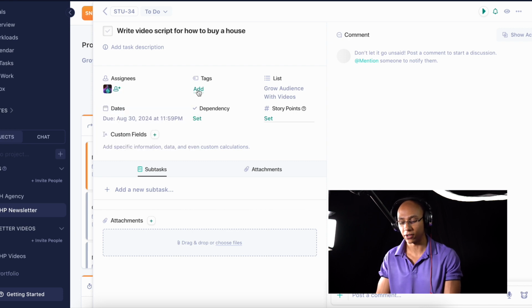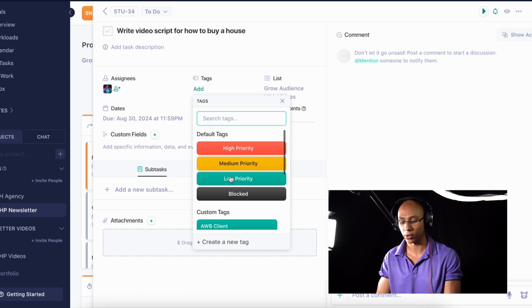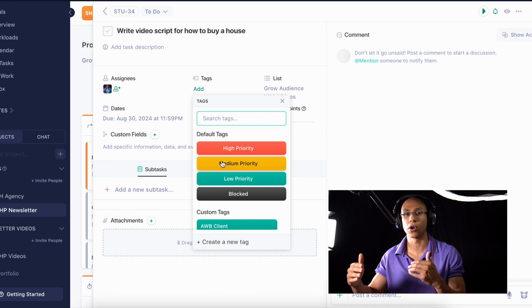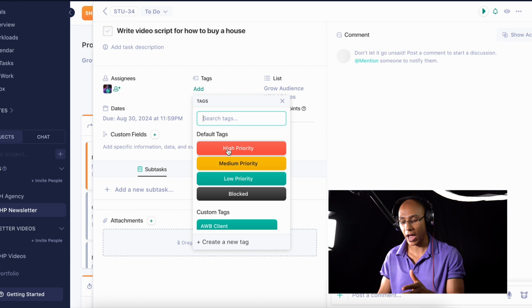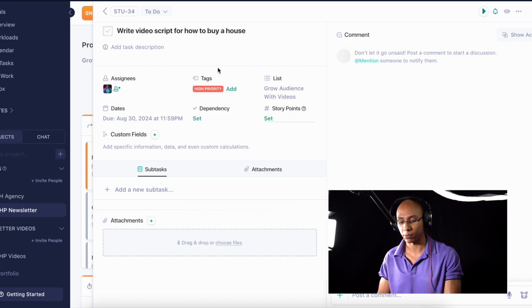I have tags here, and the tag says high priority, medium priority, low priority. And once again, it depends on the goal. So how far removed is it from the goal of growing the newsletter? Creating the content is right up there. So if it's a high priority, that's basically the things I'm going to do right now, today, tomorrow type thing. So I set the priority for that thing.